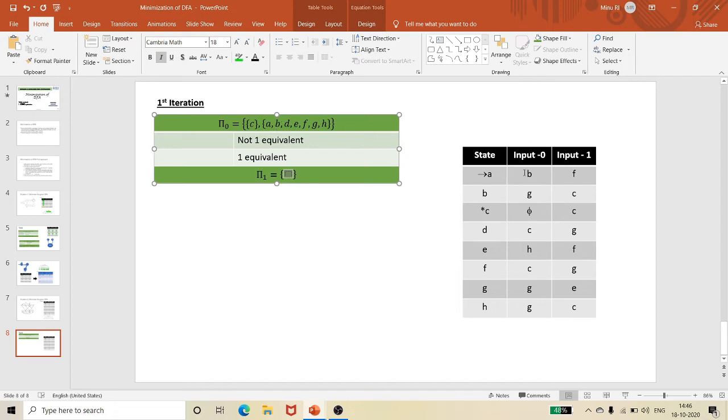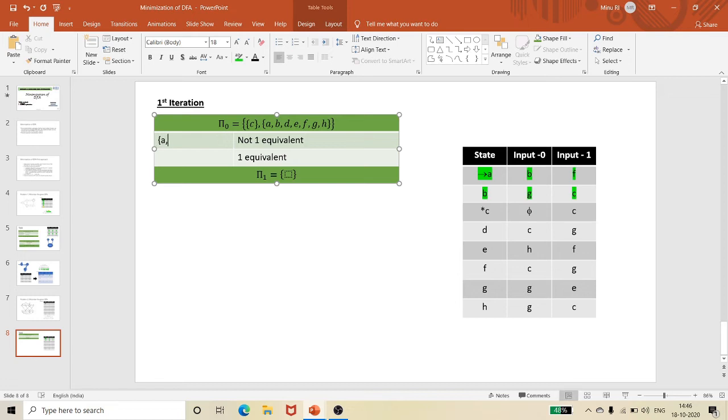First, A with B. When I am checking, only C is in another set, am I right? When checking A and B, B and G belong to the same set, whereas F and C do not belong to the same set. So A and B is not one equivalent.